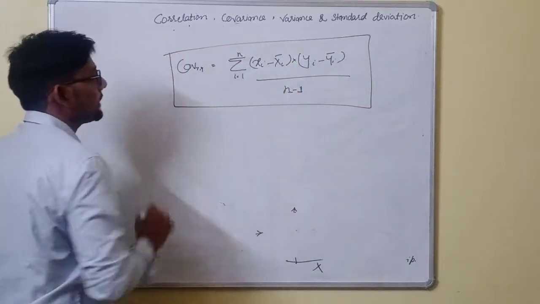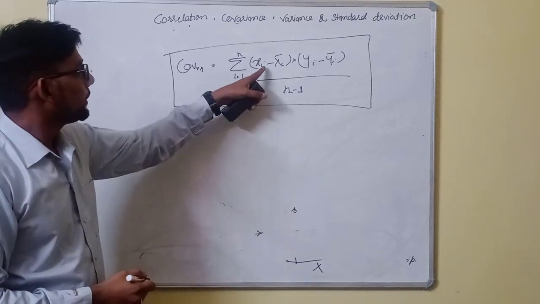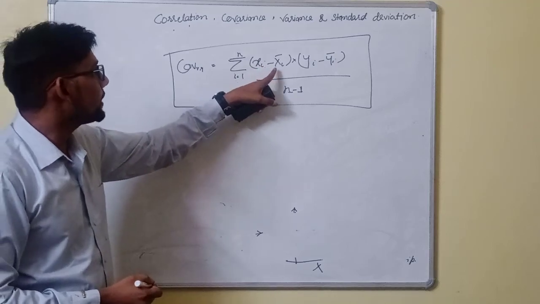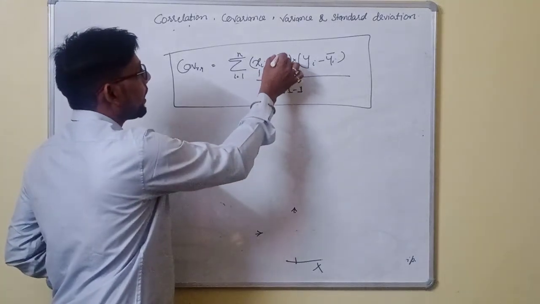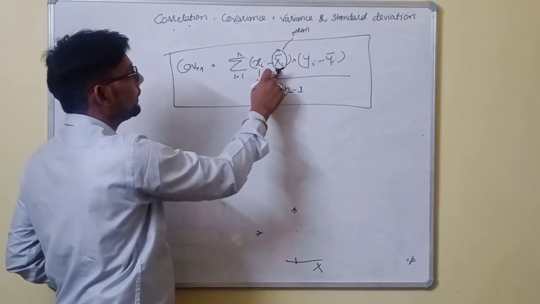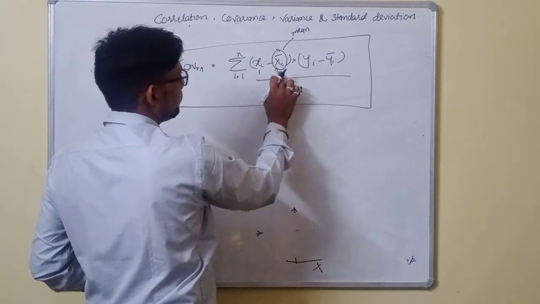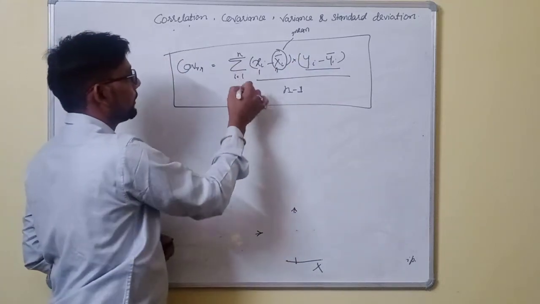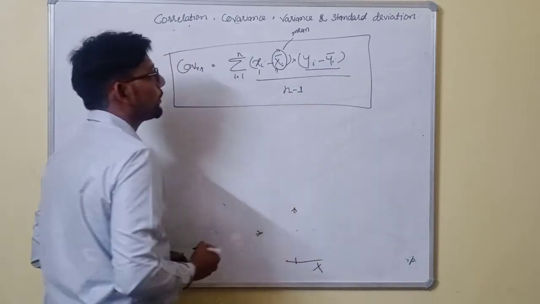So here we can clearly see that it's nothing but the average of the point differences from the mean value, right? Here xi is the points, x bar is the mean value. So we subtract the mean of the x value and subtract the mean of the y value, multiply them and sum all the values from 1 to n, and divide by n minus 1, right?